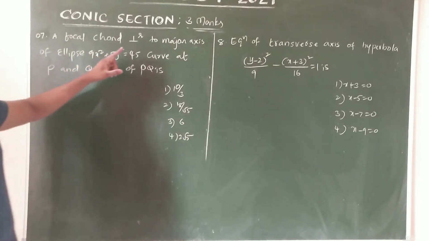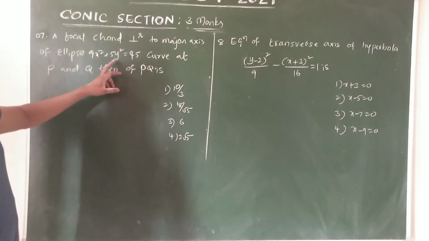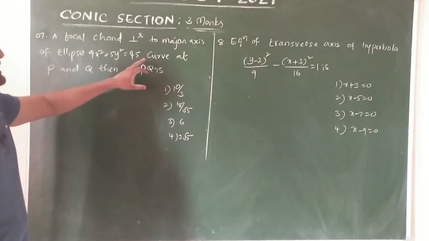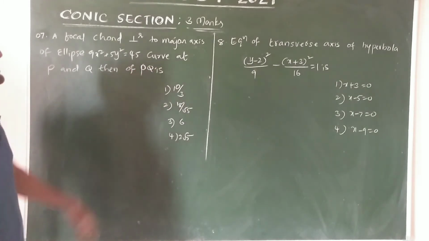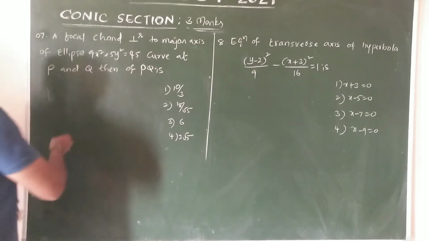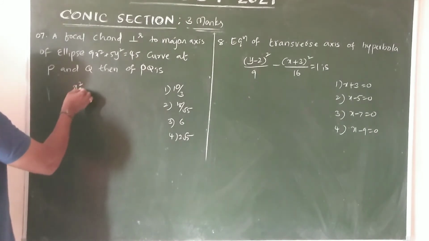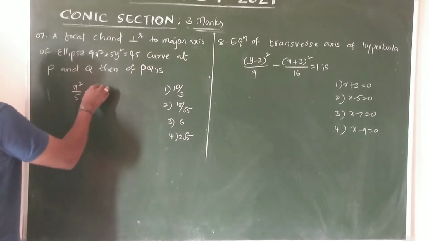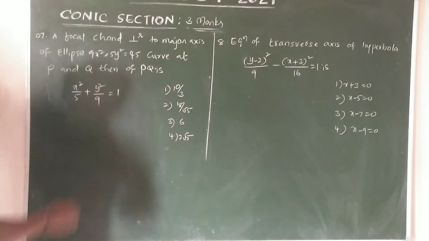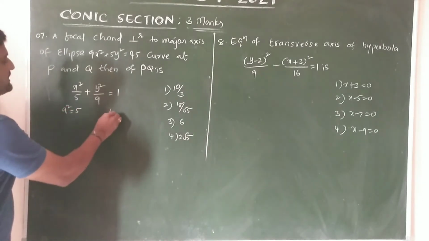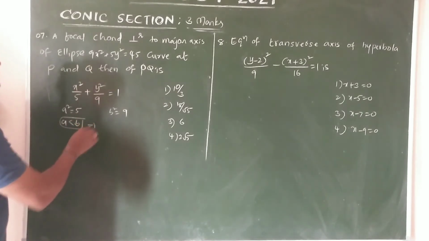A focal chord perpendicular to the major axis of the ellipse 9x square plus 5y square equals 45 meets the curve at P and Q, then the length of PQ is what? Now simply, the ellipse equation is x square by 5 plus y square by 9 equals 1 after dividing by 45. Yes or no? Clearly a square equals 5 and b square equals 9. We know a is less than b. So the length of